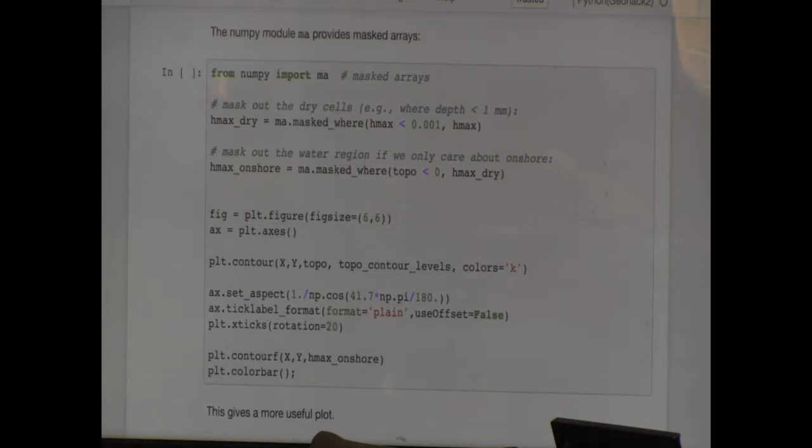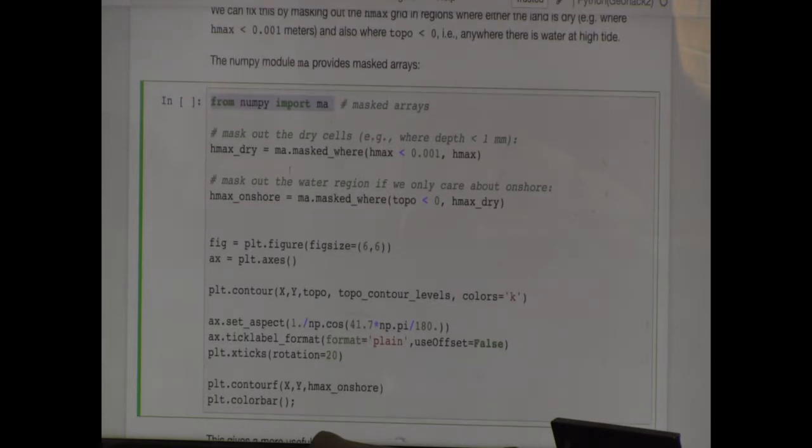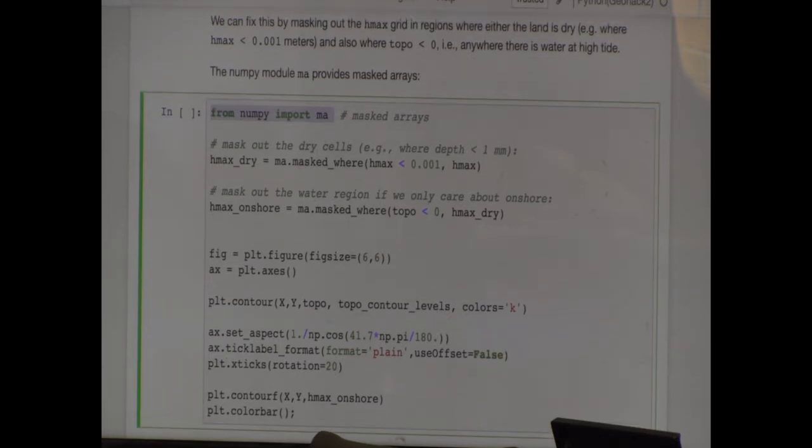In particular, I'm using this masked array from NumPy, which was mentioned in an earlier tutorial also, which allows me to take an array and replace some of the values with a mask, so that when I plot it, those values don't show up at all, basically. And ma has a lot of different functions associated with it. Again, take a look at the NumPy documentation, or do ma question mark in a cell to get some information about it. But one function it has is this masked_where function, which takes a condition,